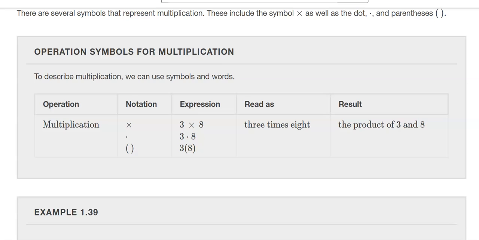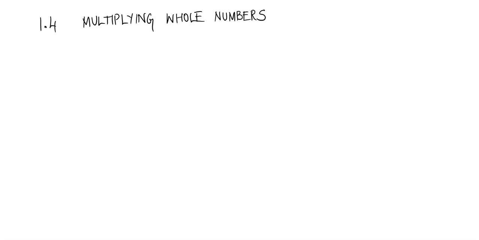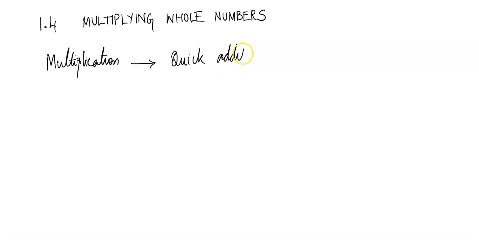Now, what is multiplication? Multiplication is nothing but quick addition. So if you wanted to quickly add something, you do that. So we'll come back to the notations. So I will just say multiplication is quick addition